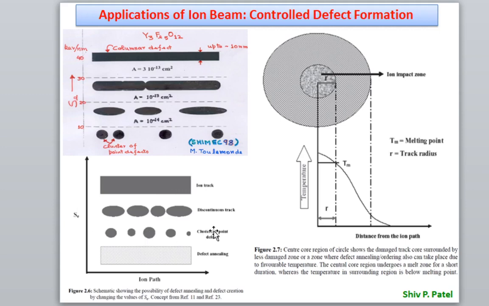If you see clusters of point defects, discontinuous tracks, latent tracks, amorphous columnar defects, maybe defect annealing may take place along the ion path, and the energy is depleted by the electronic energy loss. And this is how the thermal spike takes place, as I have shown. That is the cylindrical track, this is the ion impact zone, this is the radius, and you can see the temperature increases very high, and as we move from the axis of the ion far from the axis, the temperature decreases. This is the melted zone, Tm, and this is the track radius. So that I have shown.